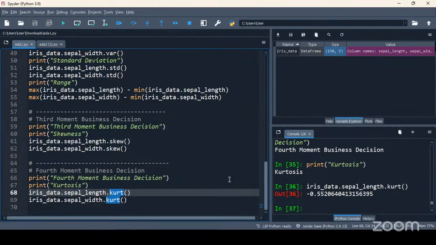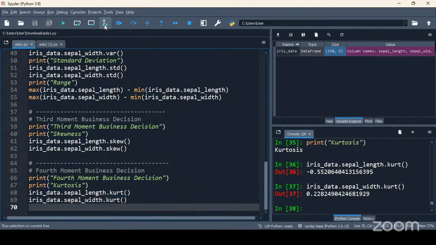Let us also calculate kurtosis for the sepal width column. Here I see positive kurtosis. So that means we get a sharp, tall peak when we visualize the sepal width column data.